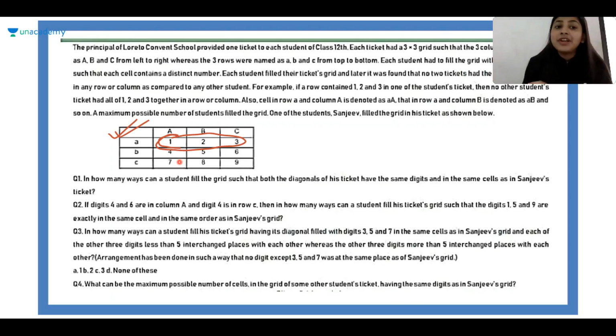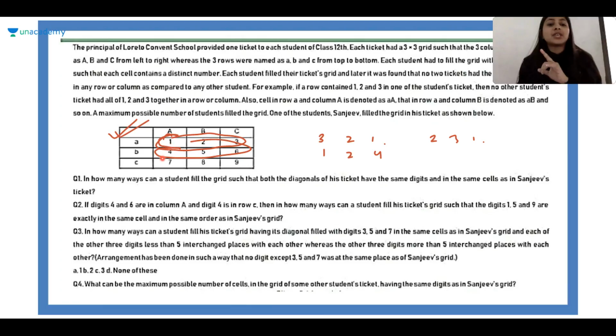हाँ, shuffle नहीं, like you cannot put 3 2 1 also. You cannot put 2 3 1 also. But maybe you can put 1 2 4. एक नंबर भी चेंज किया तो वो पूरा sequence change हो गया ना. वो बोल रहे हैं 1 2 3 अगर किसी के टिकट में एक ही row में है तो वो 3 digits किसी और के टिकट में एक ही row या एक ही column में नहीं हो सकते. Order से कोई फर्क नहीं पड़ रहा. ठीक है, और ये सिर्फ 1 2 3 के लिए नहीं, ये सारे के लिए valid है.